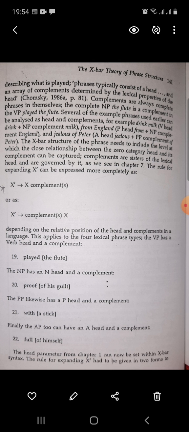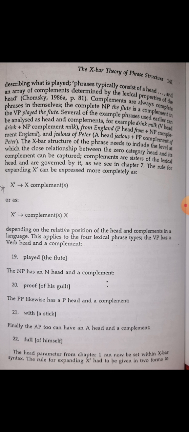In some of the languages, as we had discussed, some languages are head first languages, and some languages are head right languages. So for a head first language, X will be first, and then it will have its complements. And in head right languages, first the complements will be there, and then there will be head X. So X means any kind of head, either preposition, verb, adjective, or noun. It depends upon the nature of the phrase, from which category it comes.